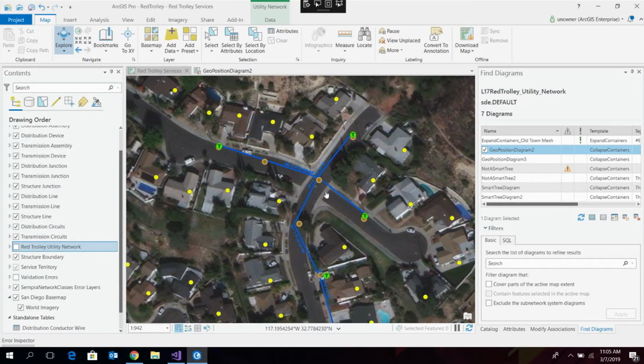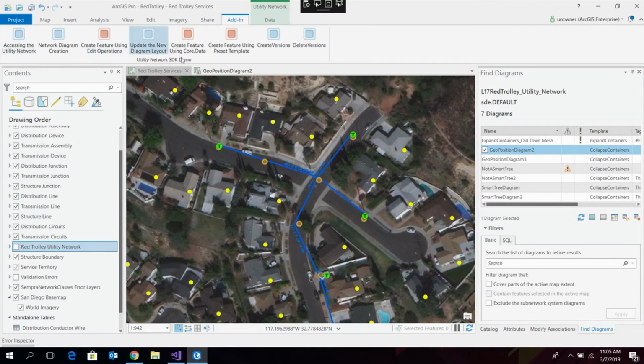So I'm looking here at, again, my utility network. Now I've zoomed into a specific area. I'm going to show you a quick little demo on how we can manipulate and manage network diagrams using the SDK. Again, I've had my add-ins here, and I've written some buttons that I can click so that I can do some work. So let's pretend that in my world I have a bunch of users who run traces around my network, and every trace that they run, they create a diagram for. And they use a very convenient naming scheme of geoposition diagram and the number of the one that they've generated